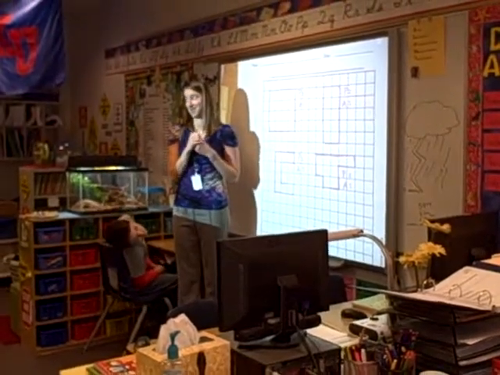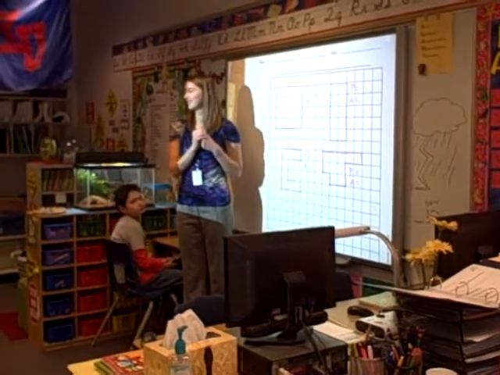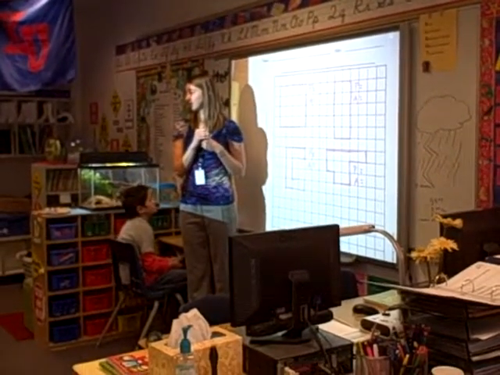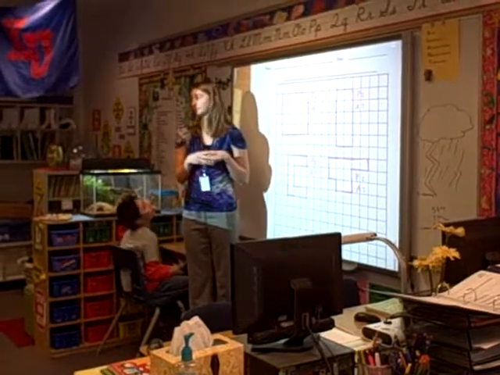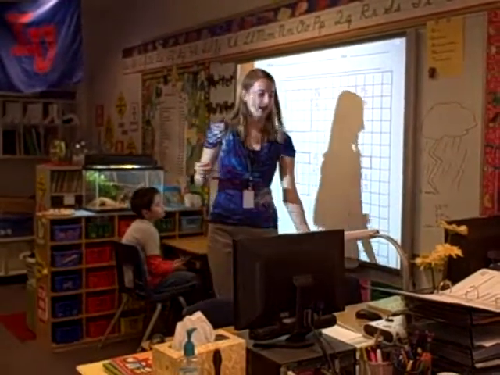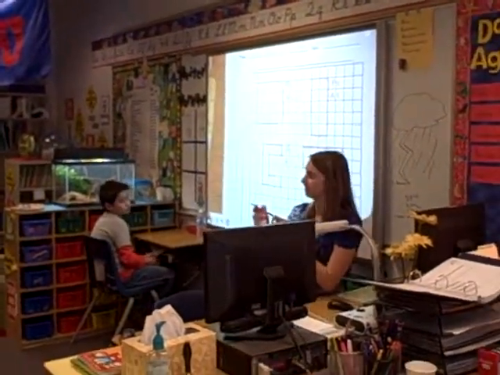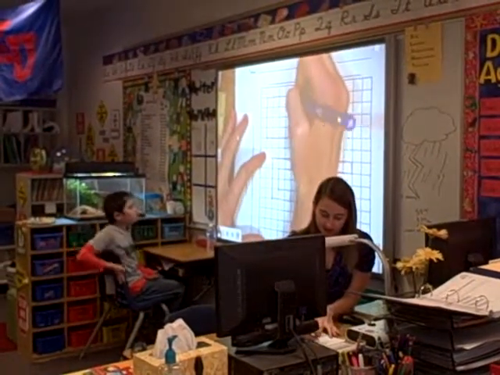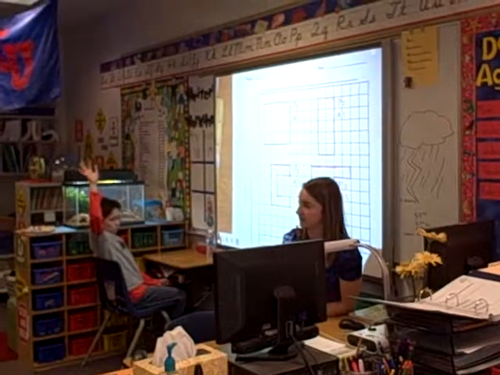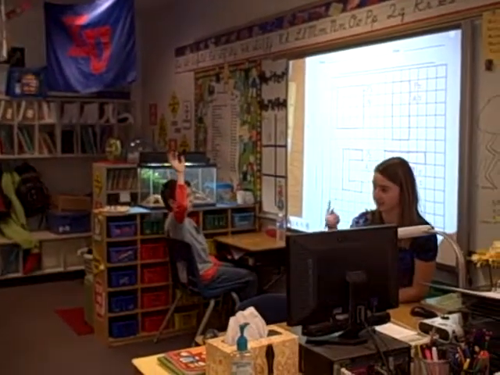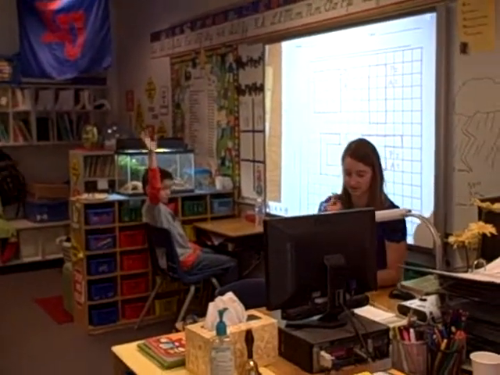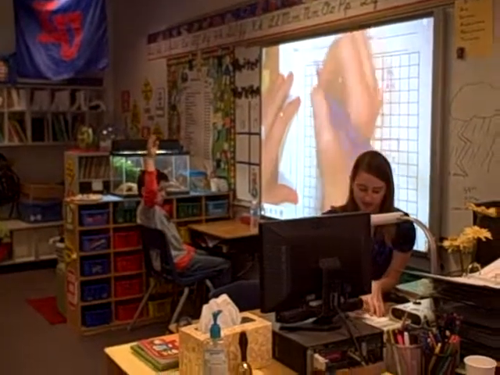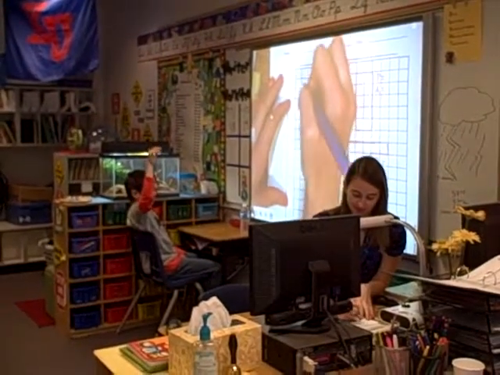Is that cool? Yes, Aiden? Do you count the corners? Like if you're finding the perimeter, do you count the corners on the top? Yeah. You count each side, so you count right there and right there. You can count both of them for perimeter. But with area, you only count it once. So when we decided the perimeter was 16,